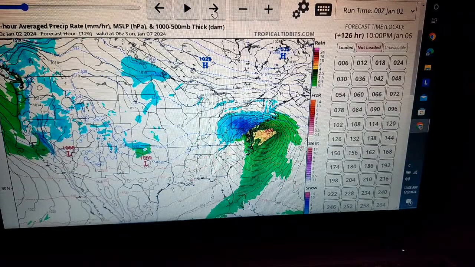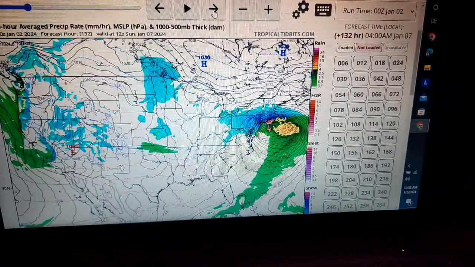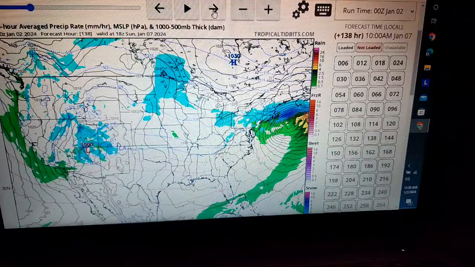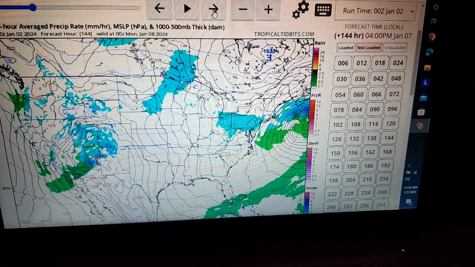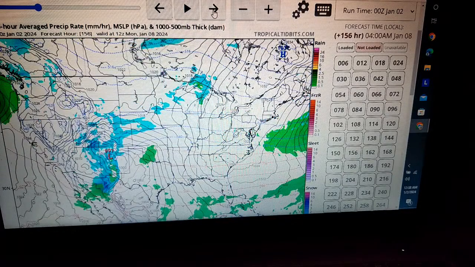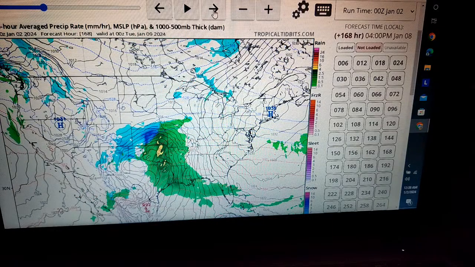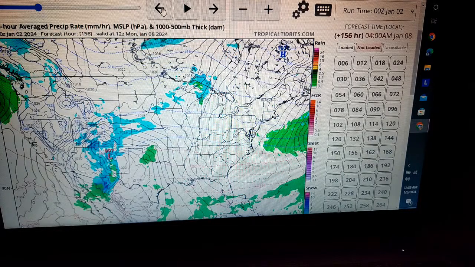Then we get into the nighttime of the 6th. Most of it's kind of offshore, but still snow back on that side. The morning of the 7th, noontime, it's pretty much out of there. We got another low jumping in over here. There's the night of the 7th, morning of the 8th, noontime, convection. We got to back up because right here, our warm, moist air coming up to this cold air mass,